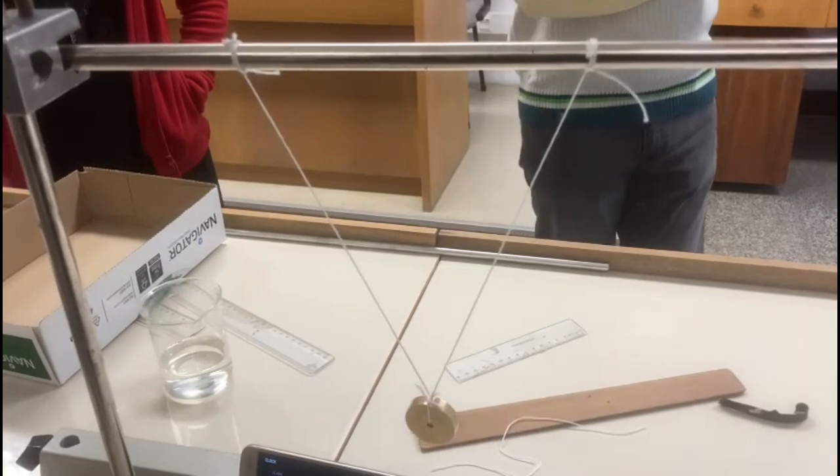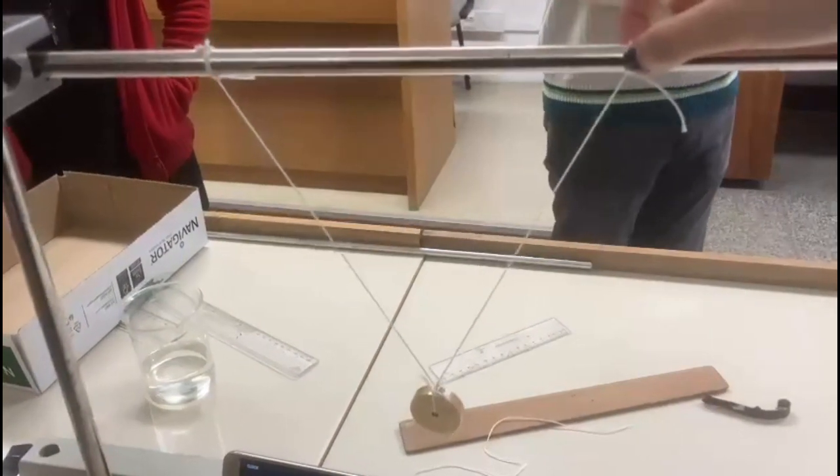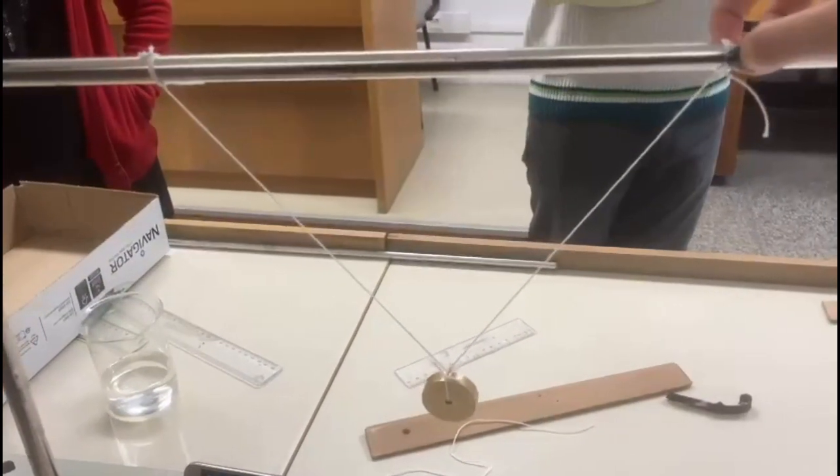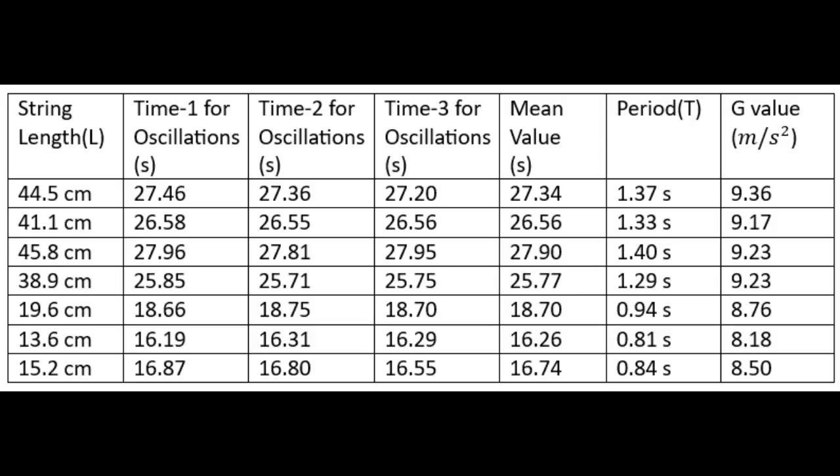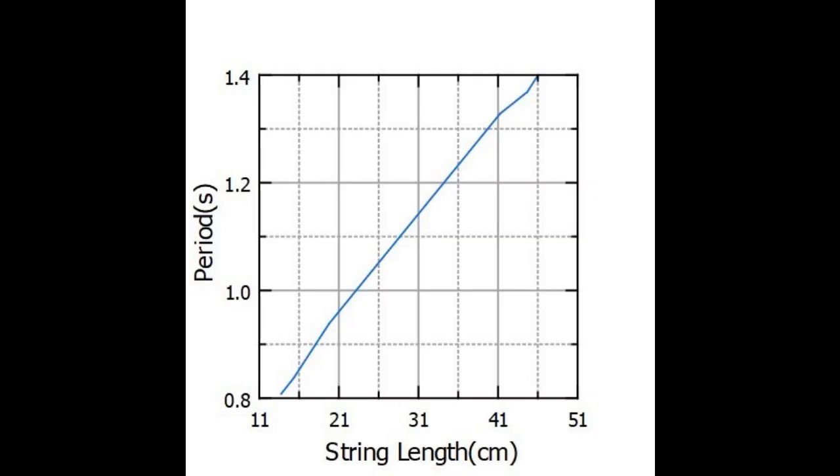Then I changed the string length that I'm going to use in the calculation by adjusting the distance between the 2 anchor points. After tabulating the data that I have acquired from 7 different systems with different string lengths, I get the overall error percentage by taking the mean value of the experimental g values, which is 8.99%. Here's a graph that I have plotted in which we can clearly see that the string length and the period